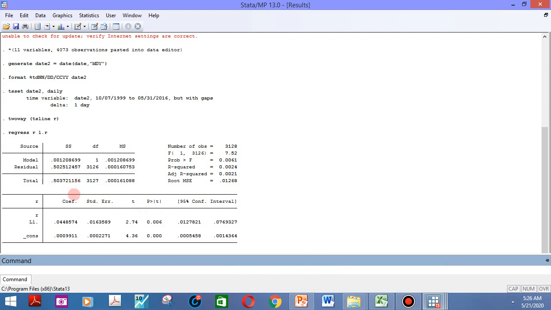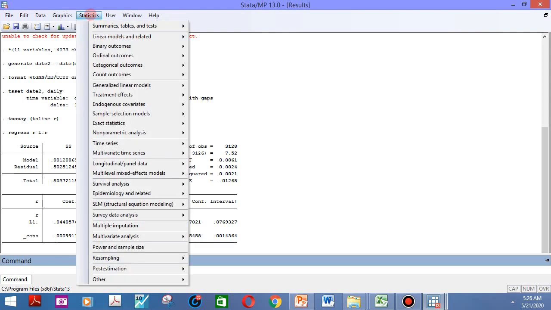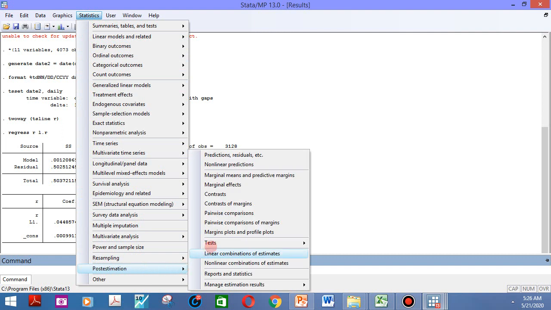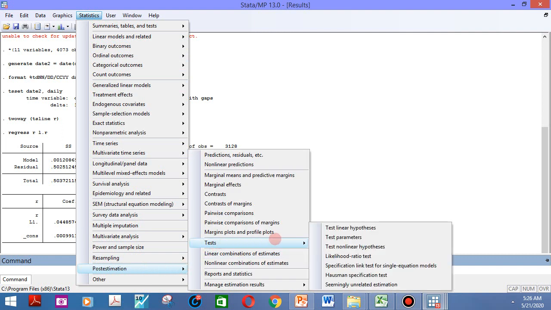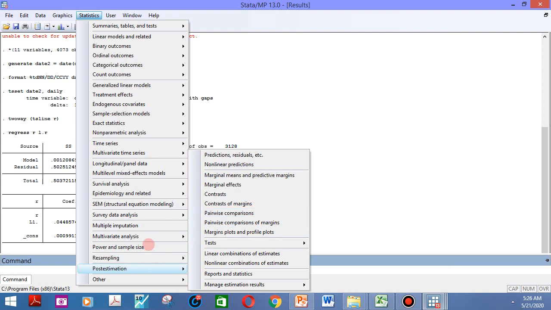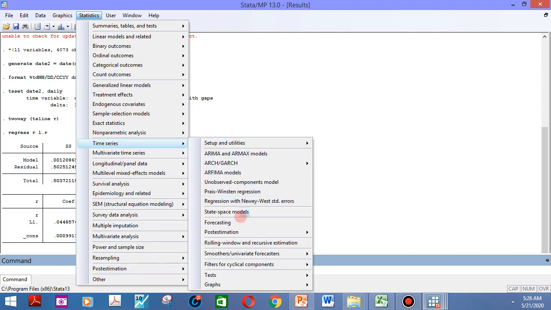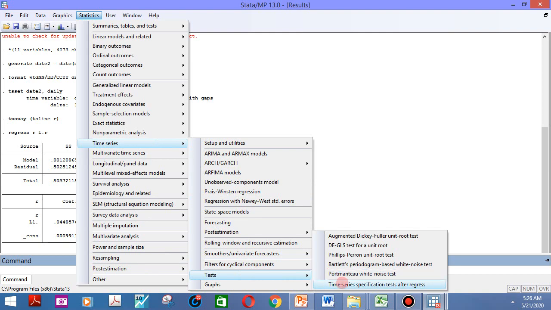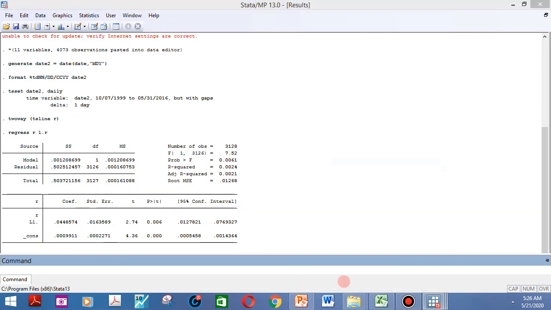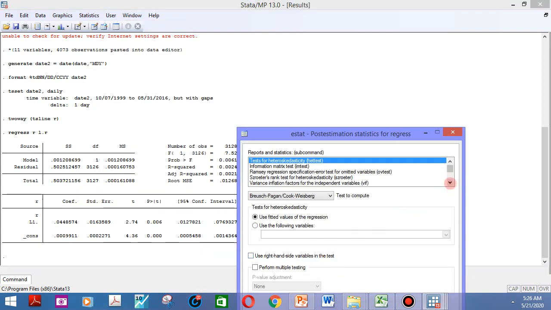Now we take post estimation and again click on statistics. Here we have post estimation, time series tests after regress. Here we have different tests for heteroscedasticity, test for serial correlation, Ramsey RESET test.